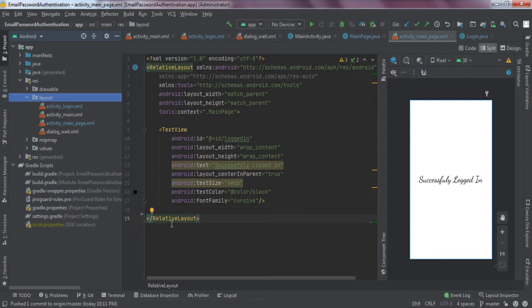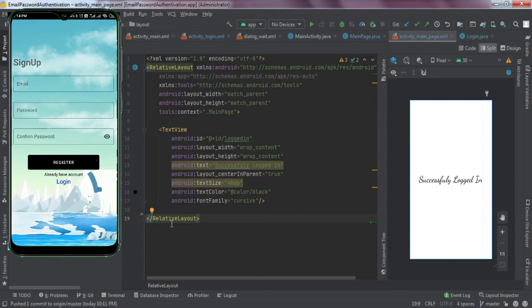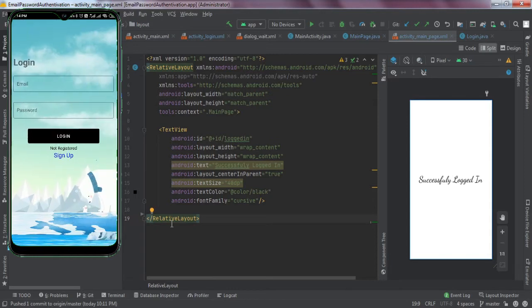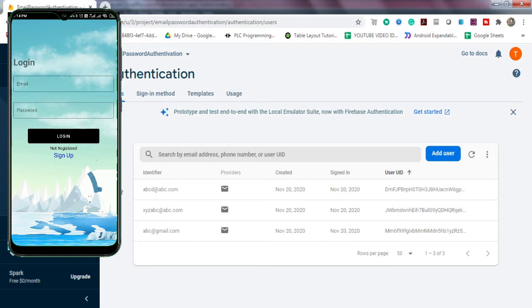If you can see on my mobile screen, there is this login text below this register button, right? If I click on this, a new activity will pop up. Let me open the Firebase console. Here one user is created, abcd@abc.com.